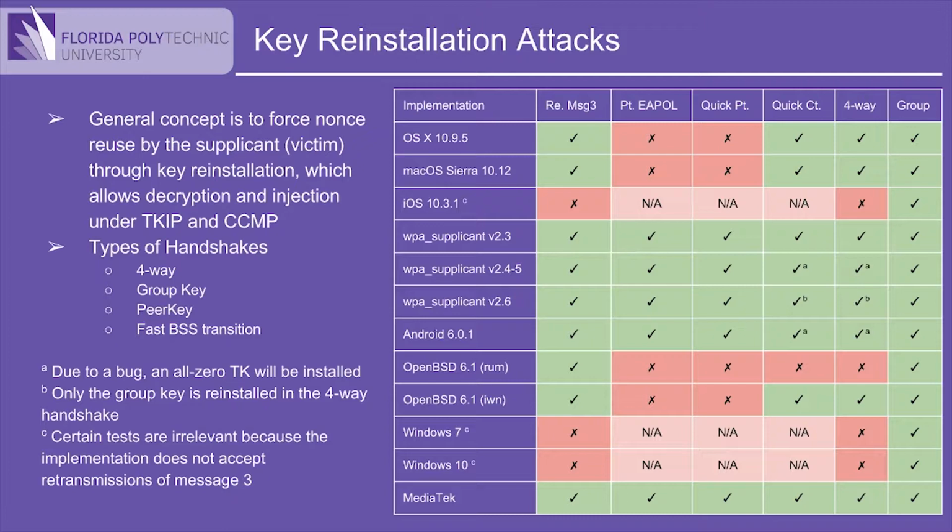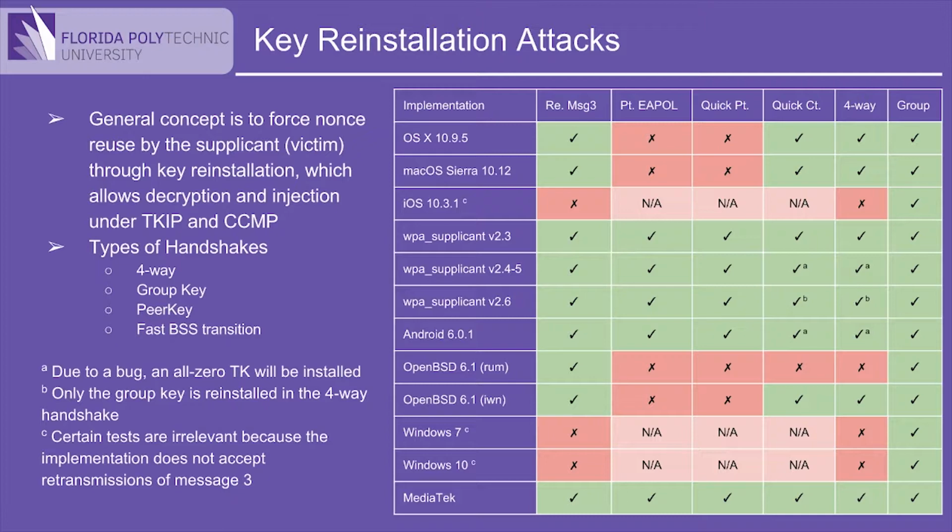Matt's going to go into it, but you're going to be going through the regular four-way handshake or the group key handshake, and mainly it's going to be repeating a certain part of the handshake, and when that happens, the key is going to end up being reinstalled, which is the opening for the attacker to either decrypt your key or go through some injection process with your key, through the